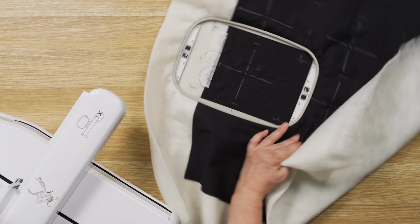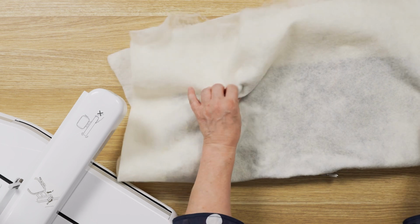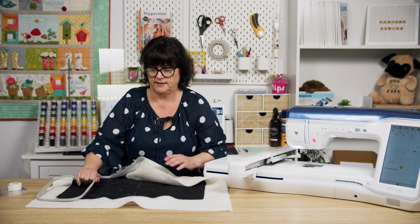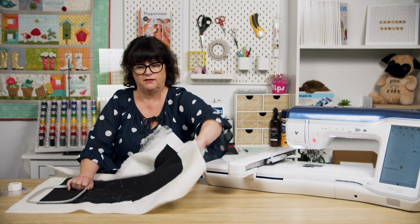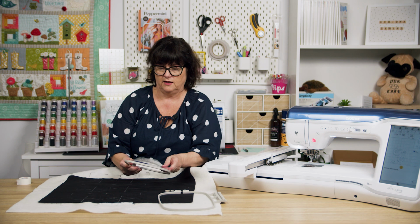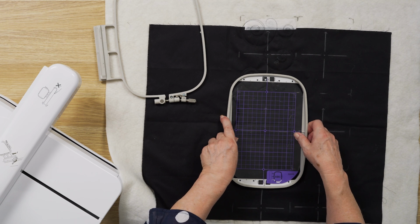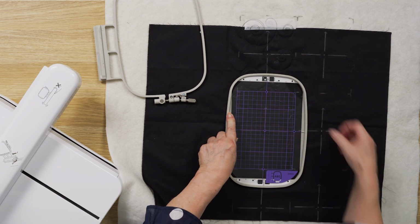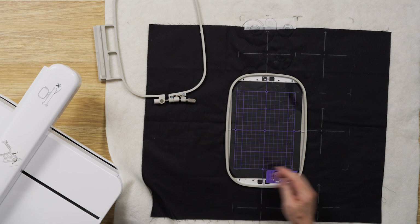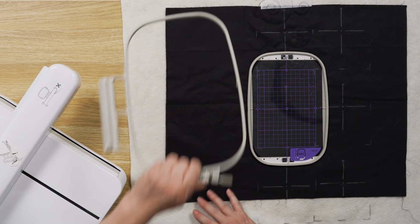So then the next step is we unhoop and we move the hoop down. We take this off. You can see it's slightly sticky. Again, using the same method, this is open. I shall get my template on top of my hoop. Line those crosshairs up again perfectly. And I'm also making sure, just so you can see my eyes here, here, here, and when I mark, this will be here as well. I press that down firmly, and I will